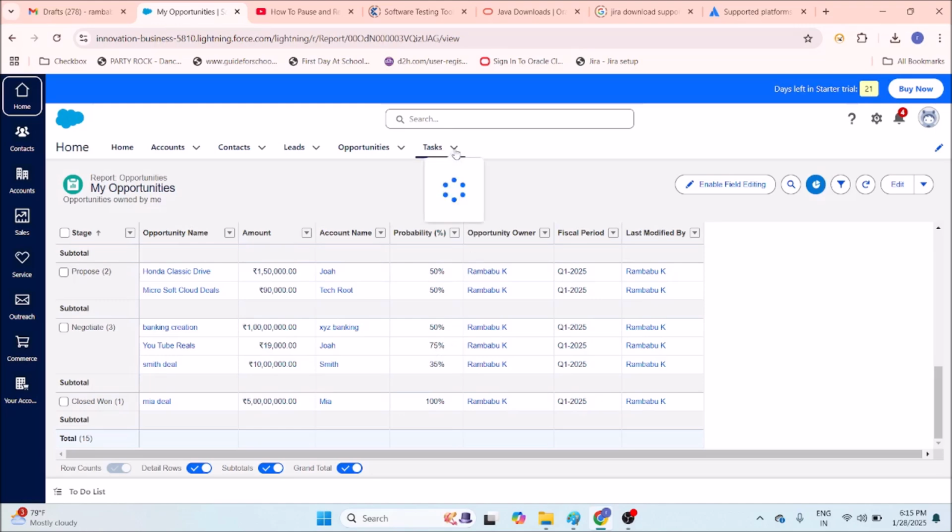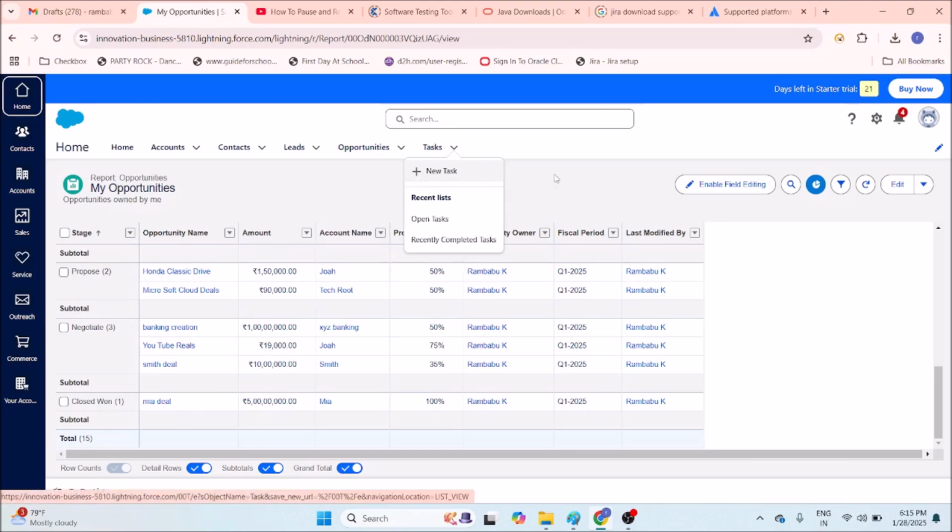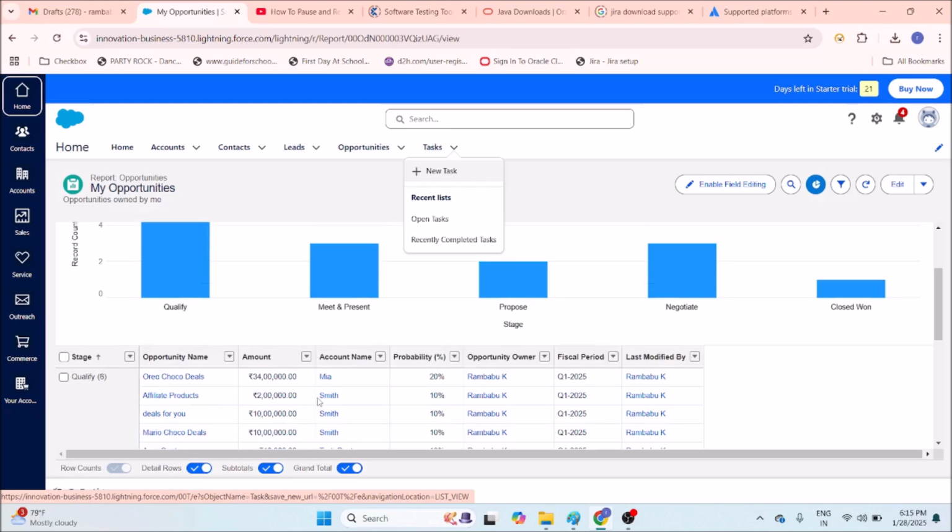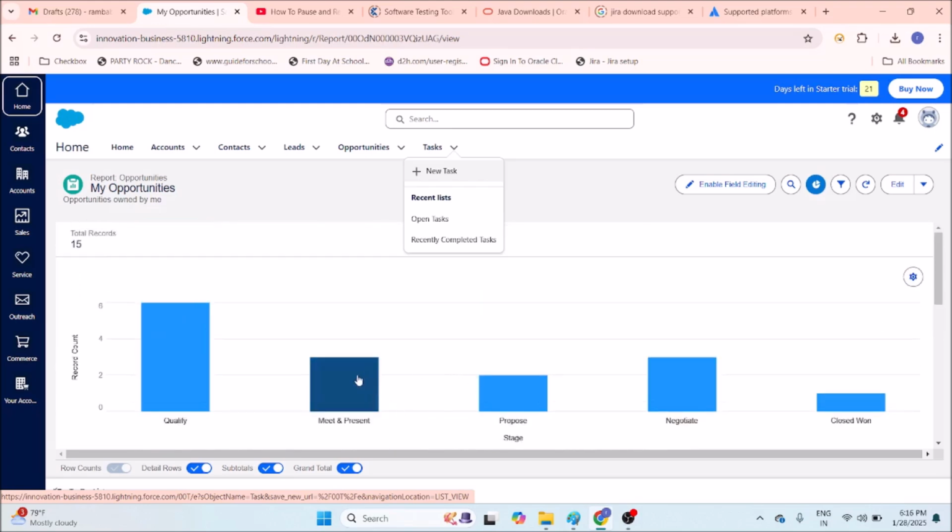So what I'll do is immediately click on new task and arrange 3 persons for these 3 deals. I'll make 3 tasks for 3 different people in my company to contact them immediately and ask them to convert this deal to a closed won deal, so that we'll get some business and can convert these leads into sales. Likewise, we can analyze this data, and by seeing this pictorial representation I will get an idea